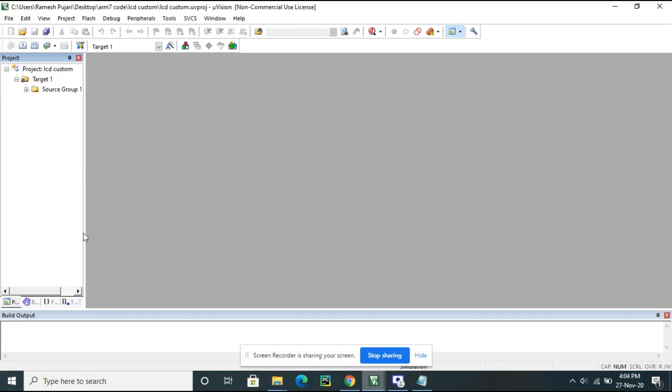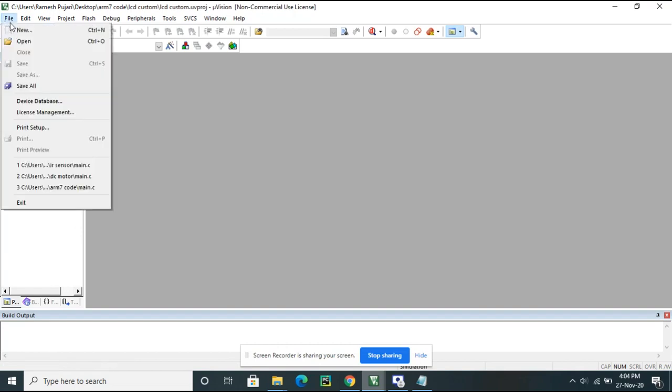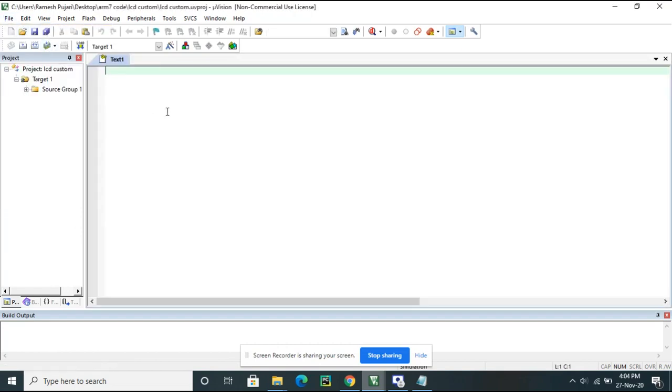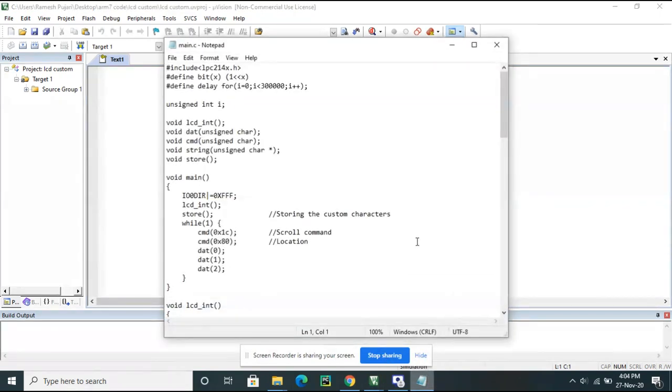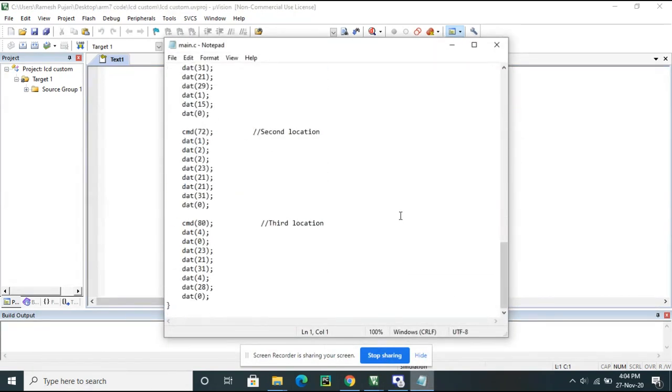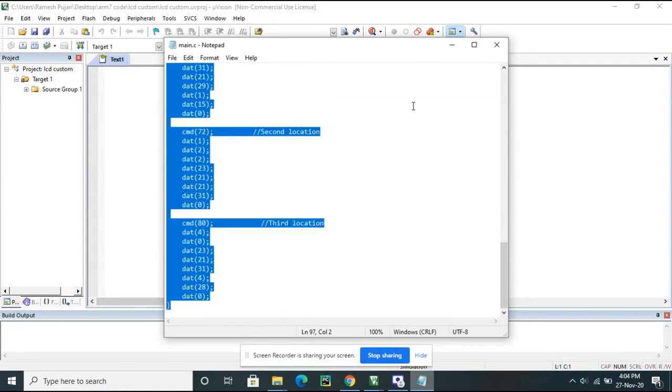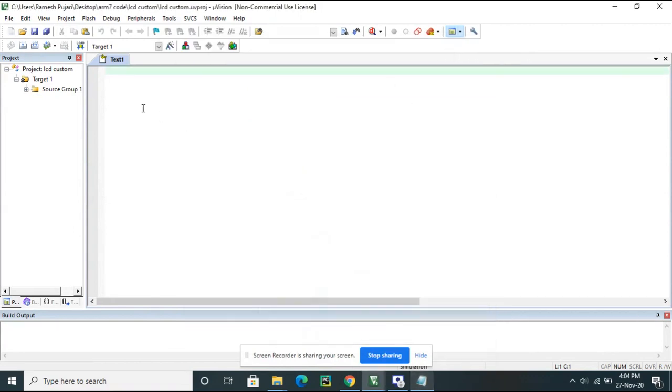Now we have to create a new file. So a new file I created, and then I need to copy the code. This is our code I already wrote here. You can download this code from the app or the website, and after copying the code you need to paste it here.